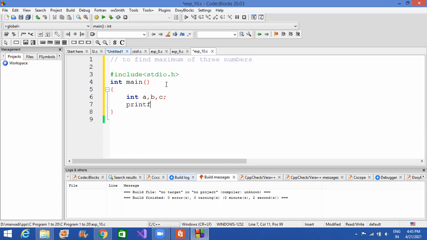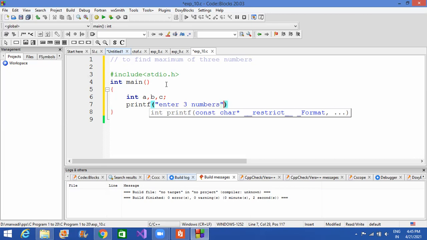Giving the prompt message to the user, that is, enter 3 numbers,